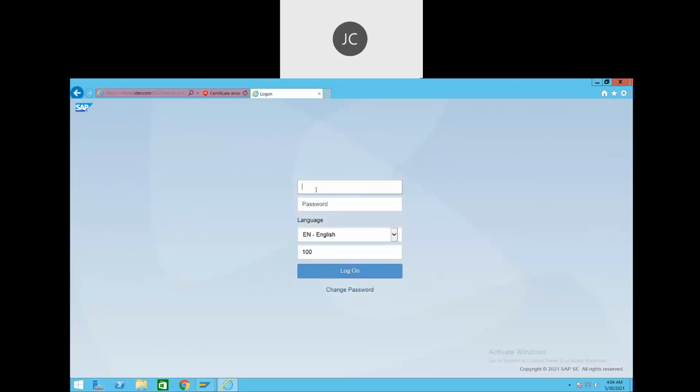So the SAP user from where you are logging in, you can use the same one here. Because this particular URL has the detail of which system you are logging in to, right? It generates from that system only. So it has all those details, it understands from this URL. So we just enter our password here and language. And anyway, this client option is here, so 100. Okay, and we log on.